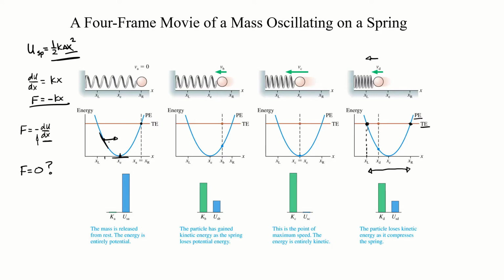I like to just think of them as sort of, stuff rolls downhill. If I'm at a higher point on a potential energy plot, say the object's here, it's going to have a tendency to want to go downhill because that slope's negative. The force would be pushing it that way. If I were over here, the slope's positive, so the force would be pushing it that way. Forces are going to try and drive it to these minima in the potential energy diagram.